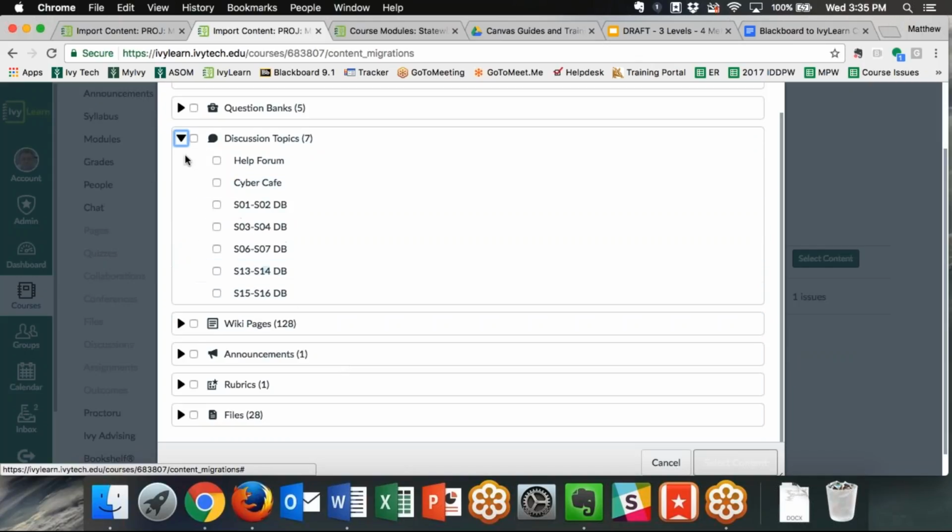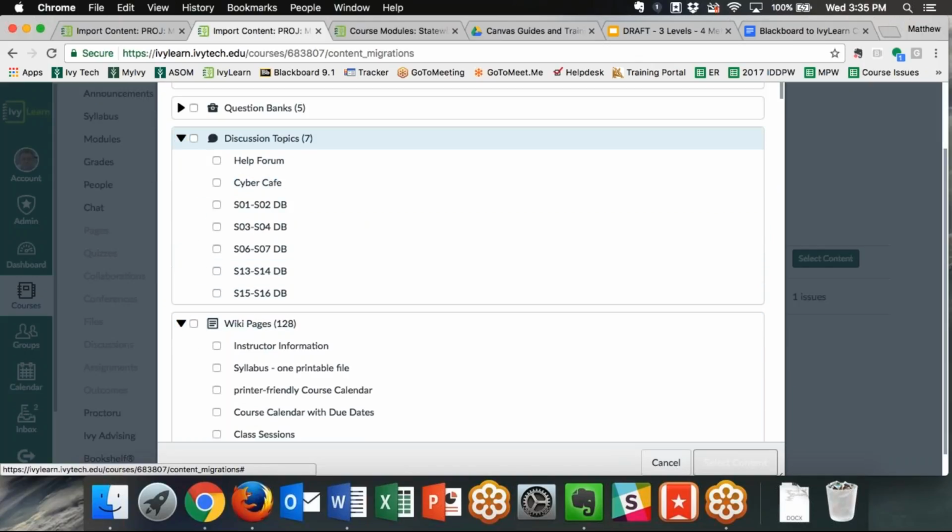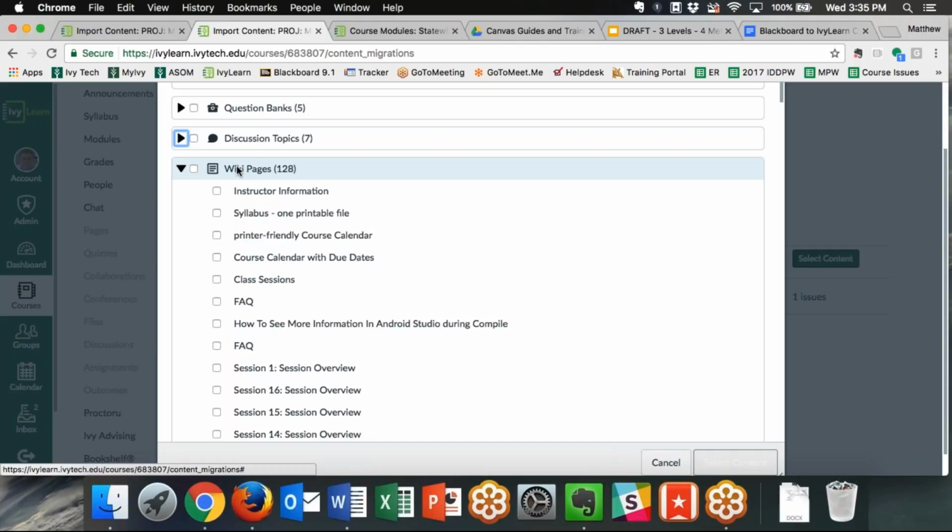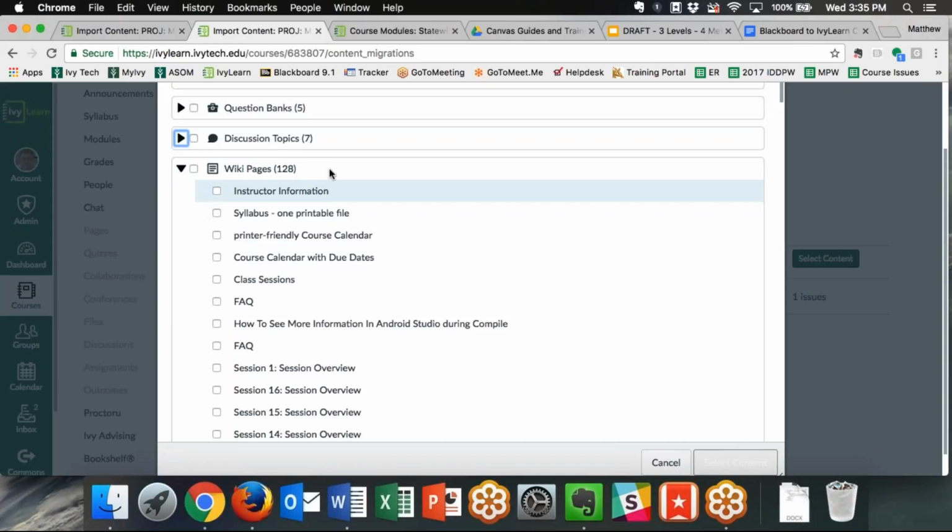You can see the discussion boards, what pages it's bringing over, and when it says wiki pages, it does not necessarily mean the wiki that's in Blackboard, the assignment that you can create. It just means the equivalent of essentially an item in Blackboard. And each item in Blackboard will import as a page. So you notice here that it says there are 128 pages that it's going to bring in,